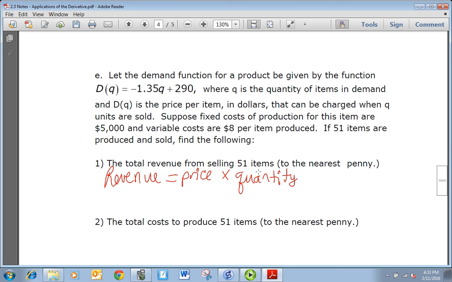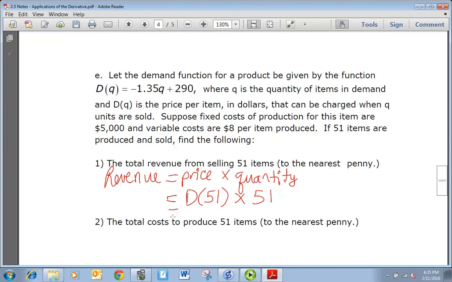And the quantity of items sold is given, and then the price is the demand function. So that is going to be d of 51, because demand and price are often thought of as the same thing, and quantity is 51. So we have to plug 51 into the d of q